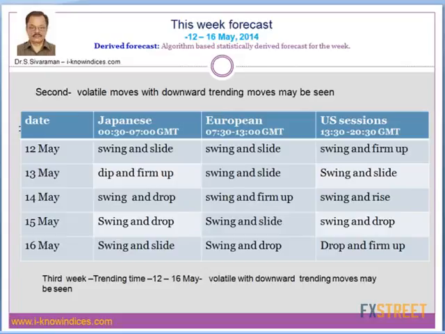So probably if you could recollect, last Thursday when I was reviewing the forecast, what I gave on last Monday, I explained to you that during the European session, at the time of BOE and ECB interest rate decisions and also the ECB press conference, the players are expected to make an extended upward stop and then continue to make the slide. So during such trend reversals, they always make such extended stop ends.